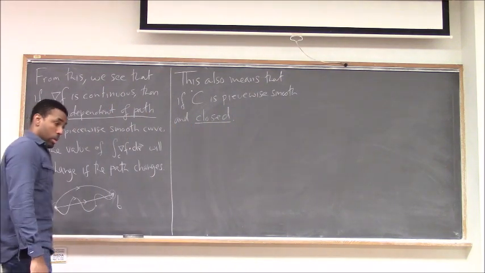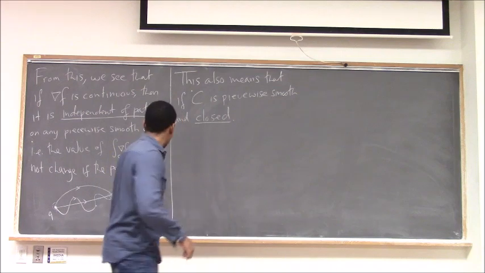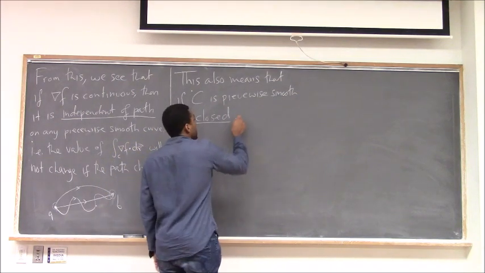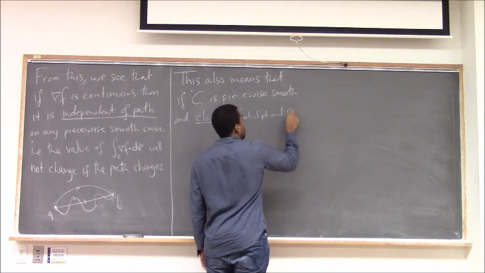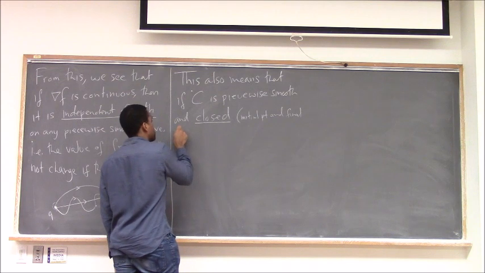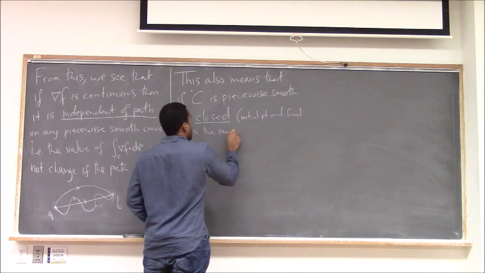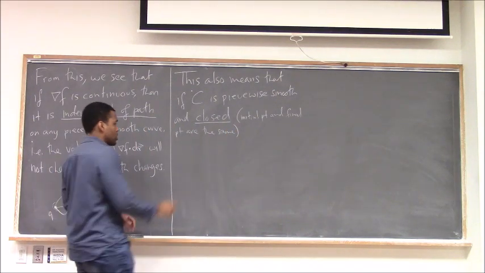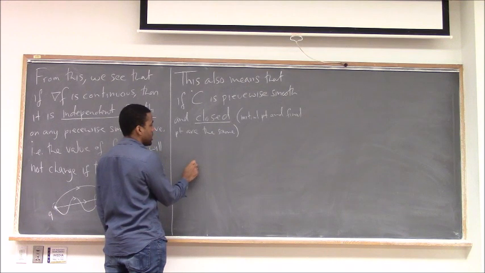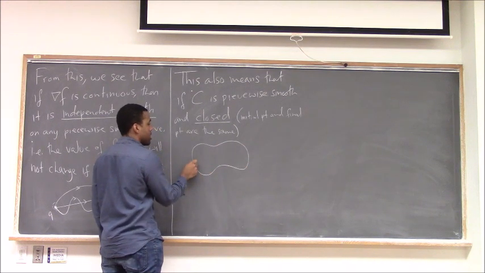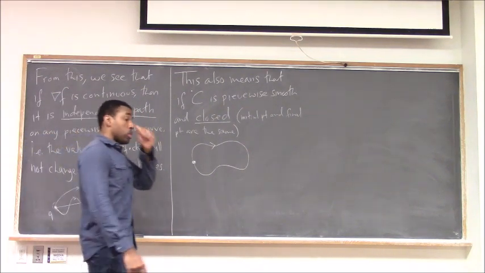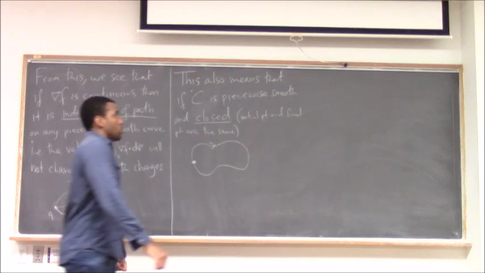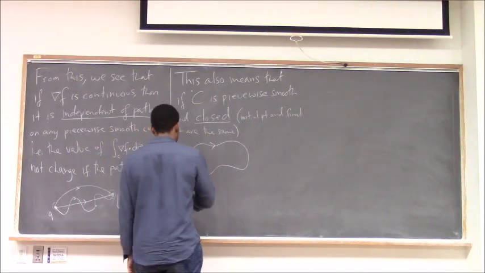So we're going to talk about what it means for a curve to be closed. Closed means the initial point and final point are the same. So we say a curve is closed if when I start here, I can do whatever, but then I end there again. Such a curve is called a closed curve. Now if we have a piecewise smooth closed curve,